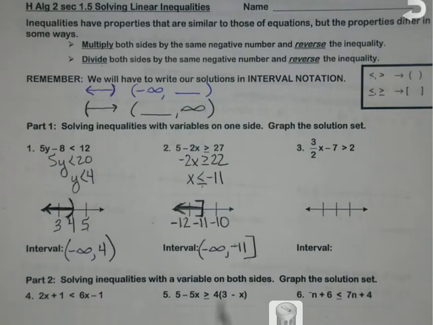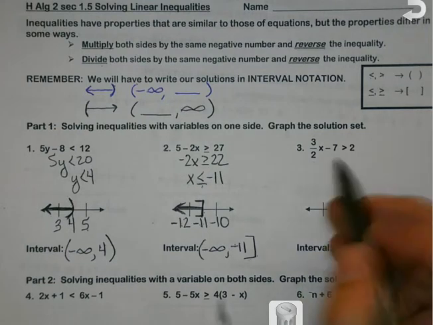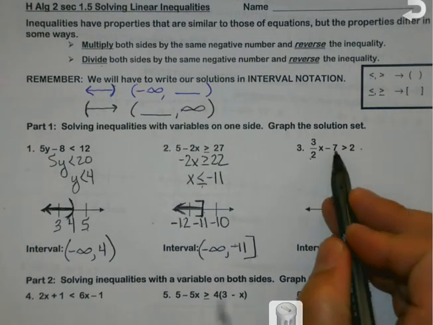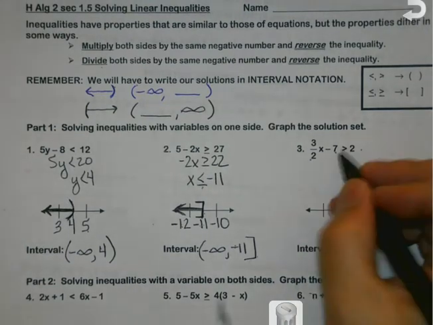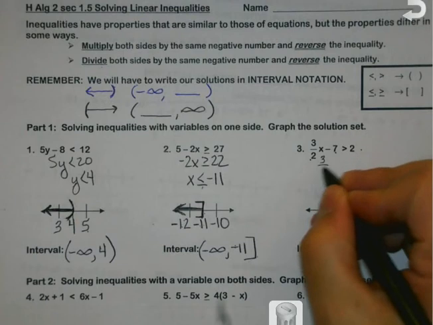Okay, 3. I'm always curious on what people think they should do first. What should I do first on number 3? Okay, good. A lot of times I'll have people say, oh, I'm going to multiply by 2. And they'll multiply this by 2 and this, and they forget about the 7, and then it's wrong. Very good idea to get the 7 out of there first,